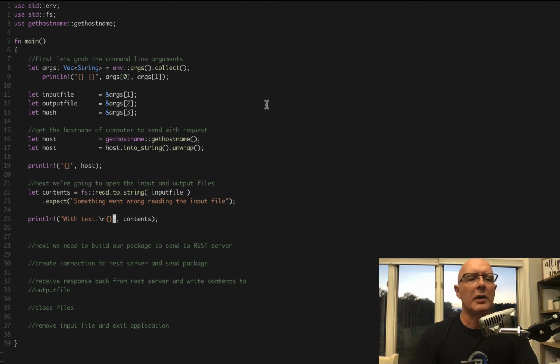Now, the next thing that we need to do, and this actually took me a little bit of research to figure out because it's a little odd, but it's kind of cool. We need to know what the host name of the computer is. And one of the things that I didn't explain when we were going through the program earlier is that